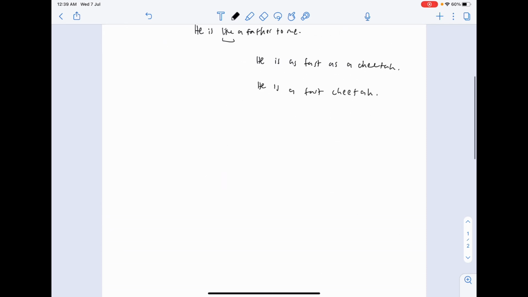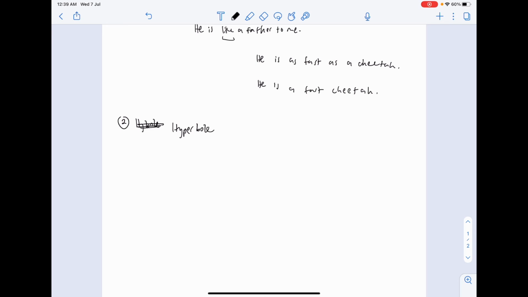Now, for the second case, I'm going to be talking about over-exaggeration, hyperbole. Okay? Oh, that's spelled wrongly. I don't know what's wrong with me today. I keep spelling hyperbole wrongly. Okay. Hyperbole or over-exaggeration. So you must be thinking, yeah, over-exaggeration means really intense emotion. And yes, for the most part, when we over-exaggerate, it means that we have very intense emotions.